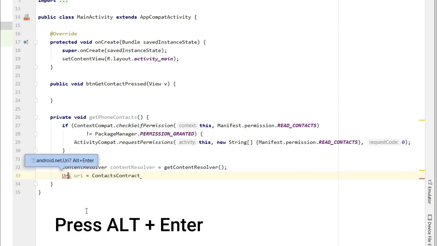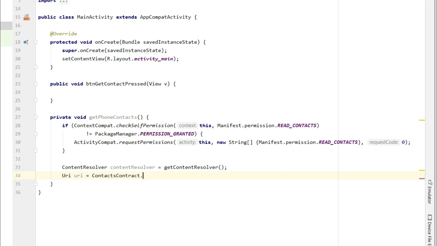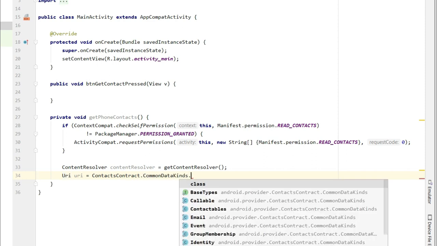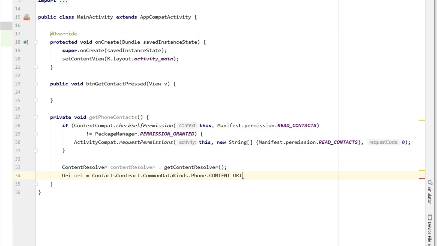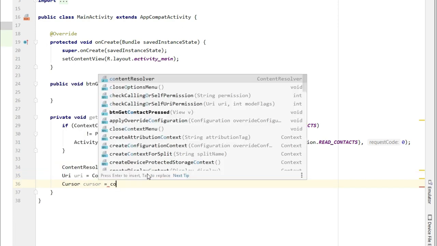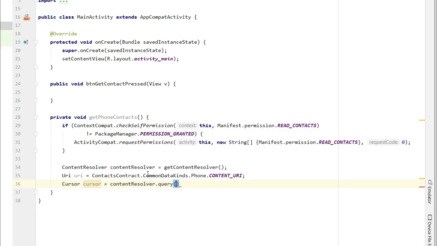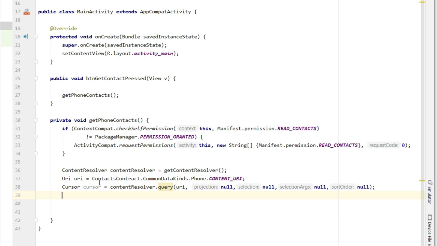Click on it and press Alt plus Enter. So guys, here we have sent the contact read URI to the contact application in our mobile phone, and we have received the data in the form of a cursor.